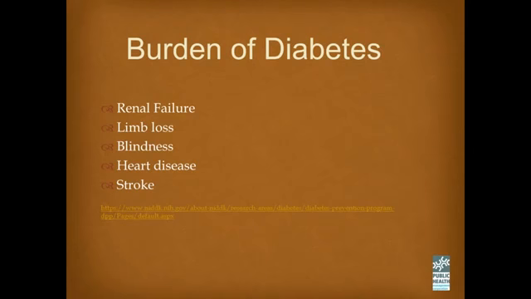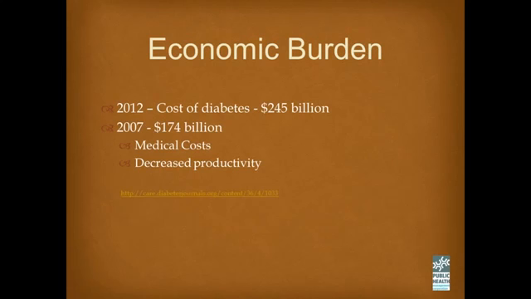And Dr. Daly referenced this a little bit, but I do think it's also important to consider the cost, the economic burden associated with diabetes. In 2012, it was estimated that the total economic cost of diabetes was $245 billion. That represents a 41% increase from the numbers that we looked at in 2007, when the cost totaled about $174 billion. And I think it's also important to understand that those costs represent both the direct medical costs and also the costs associated with decreased work, decreased productivity.